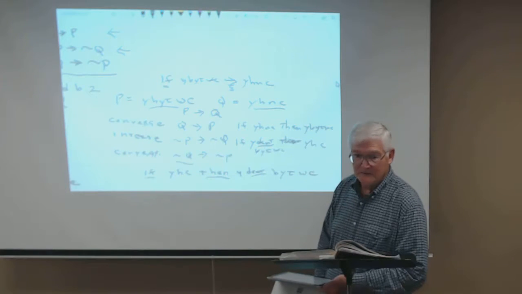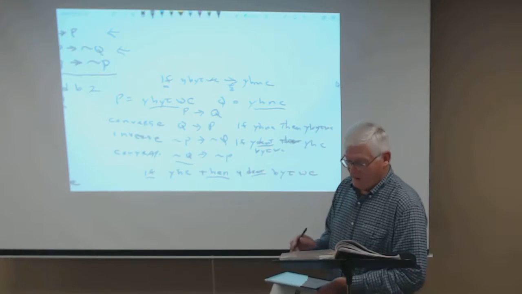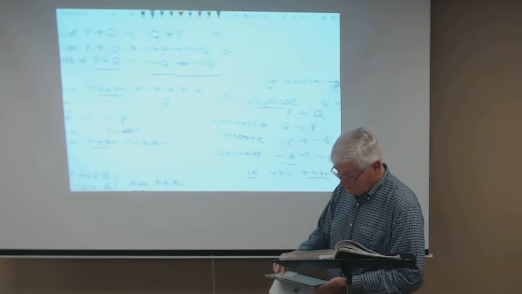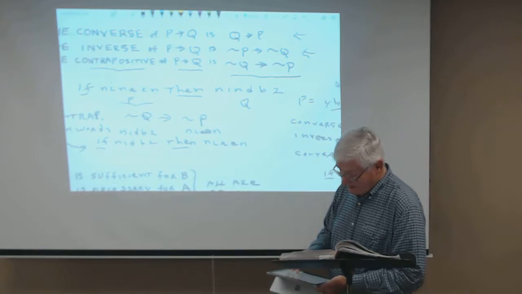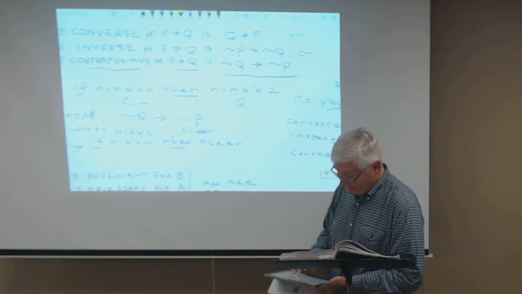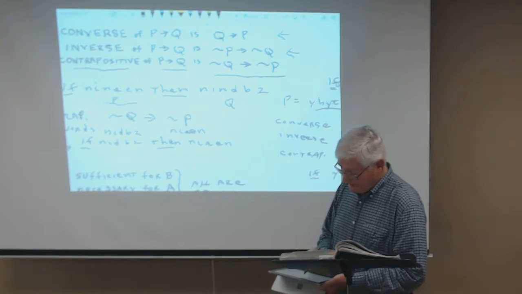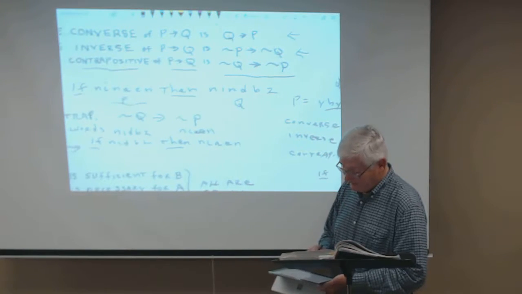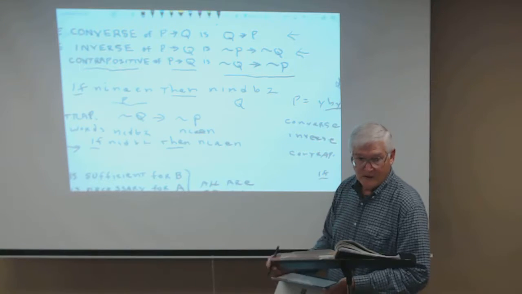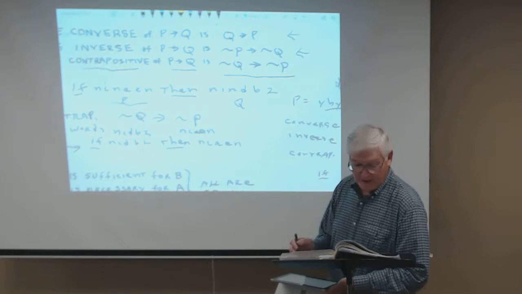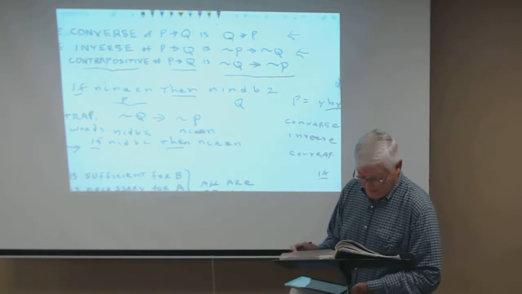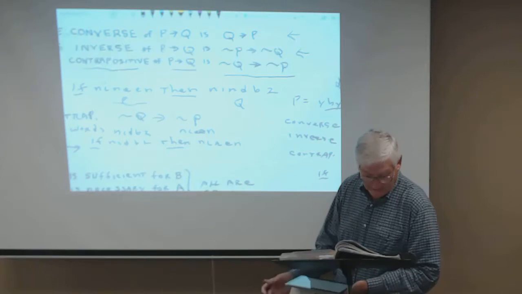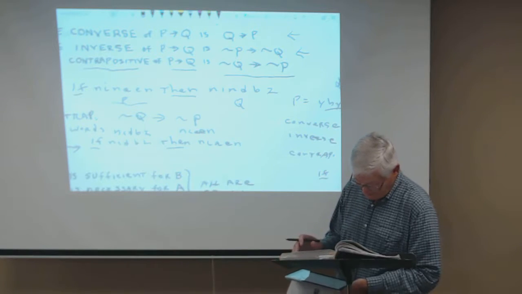Everybody follow the process? You have to have that chart that shows the converse of if P then Q, the inverse of if P then Q, and the contrapositive of if P then Q. And then you use that chart to take whatever they give you and translate it into words. Or if they give you something like problem 3 says,